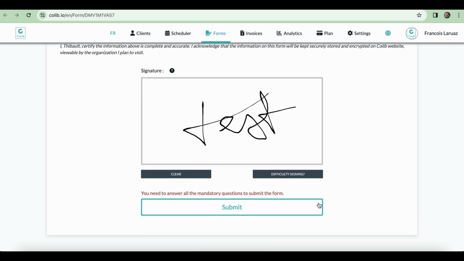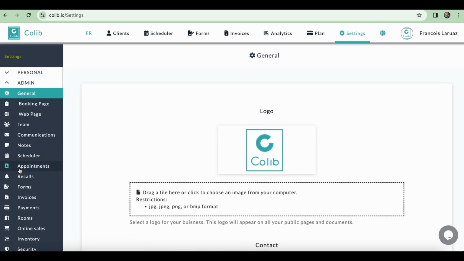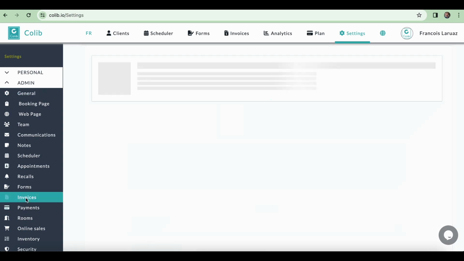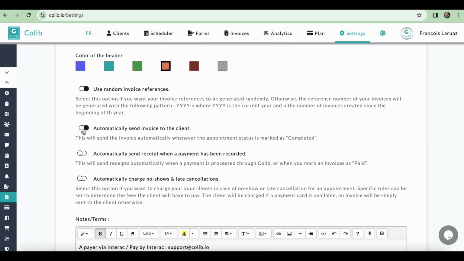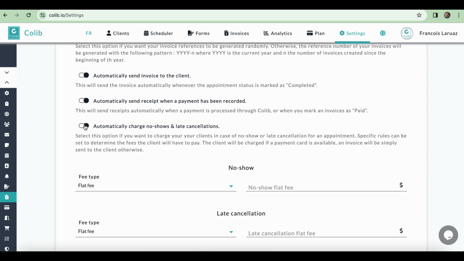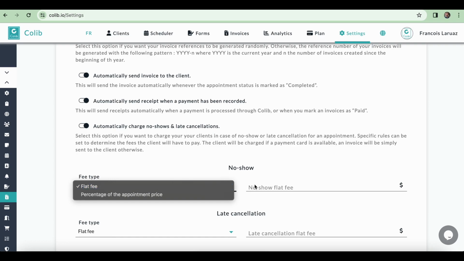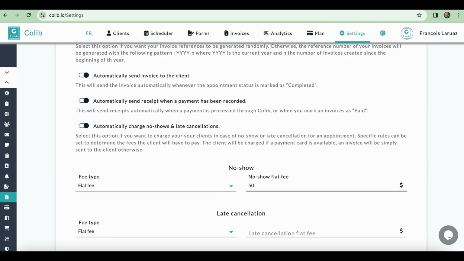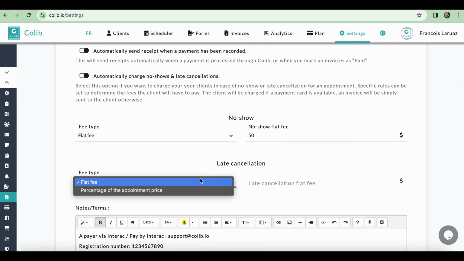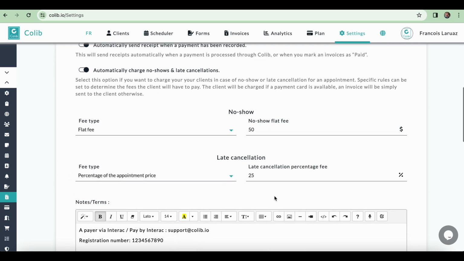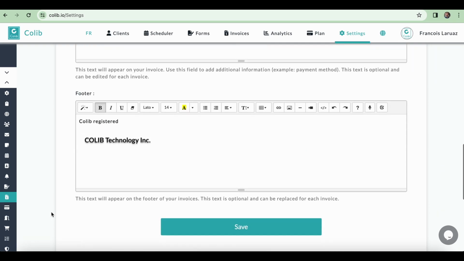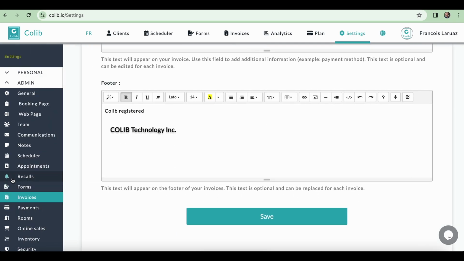Now let's look at the invoices settings. This is where you can customize things for your invoices. You can trigger automations to send invoice automatically after an appointment is marked as completed. You can also add automations to charge for no-shows and late cancellation. You can either put a flat fee or percentage of the appointment price. You'll also have the opportunity to customize your note terms and footer information that go at the bottom of your